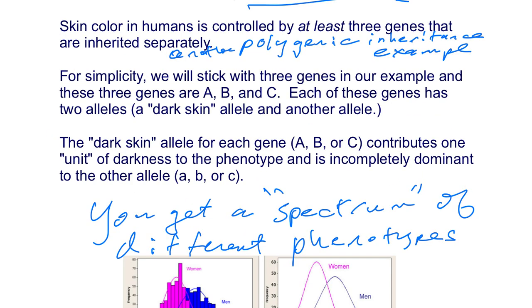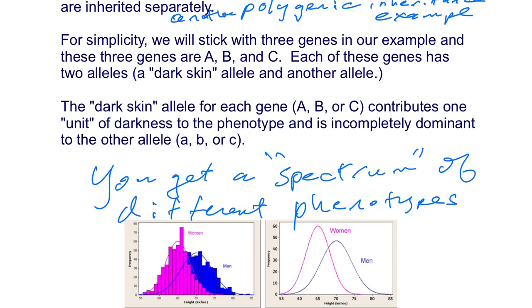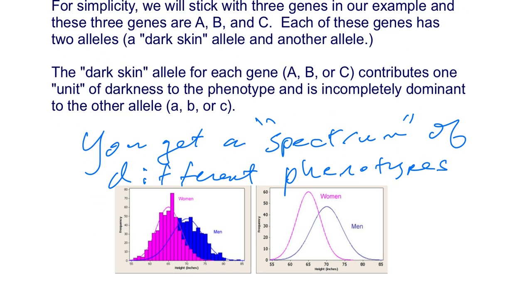Another example of polygenic inheritance would be our skin color. There's at least 3 genes that determine the color of skin, and there's probably more than that as well. Okay, the point I want to make is that for polygenic inheritance, you'll get a whole range, like a bell-shaped curve in a big enough population of